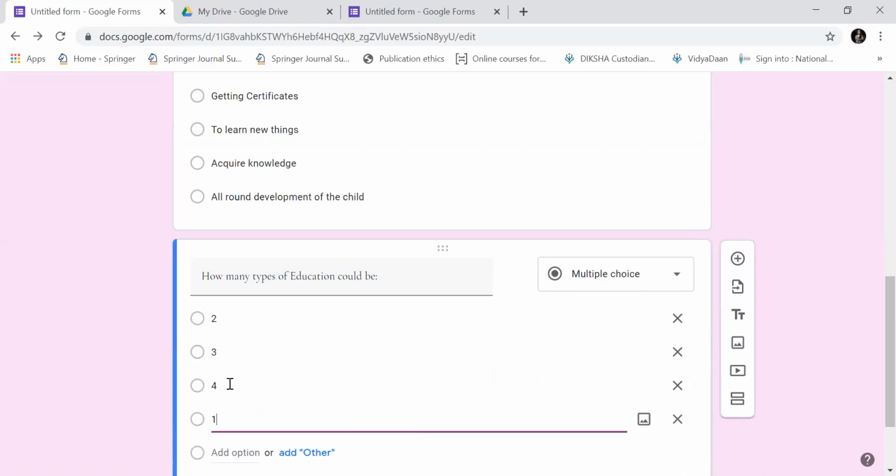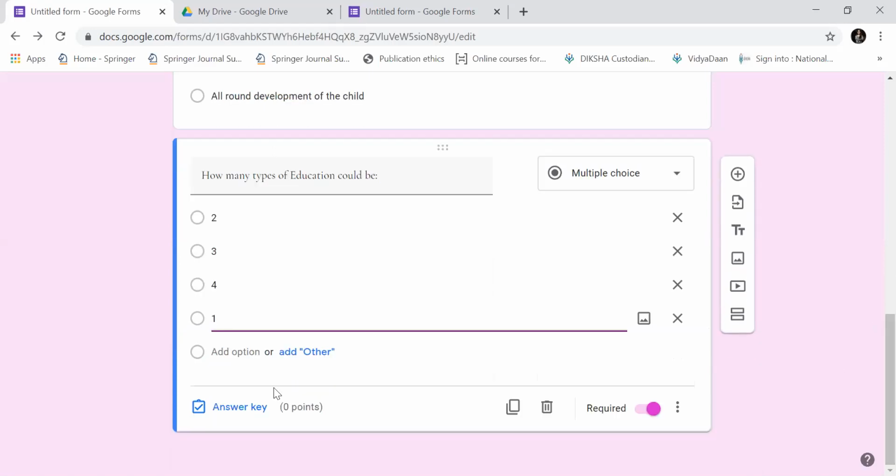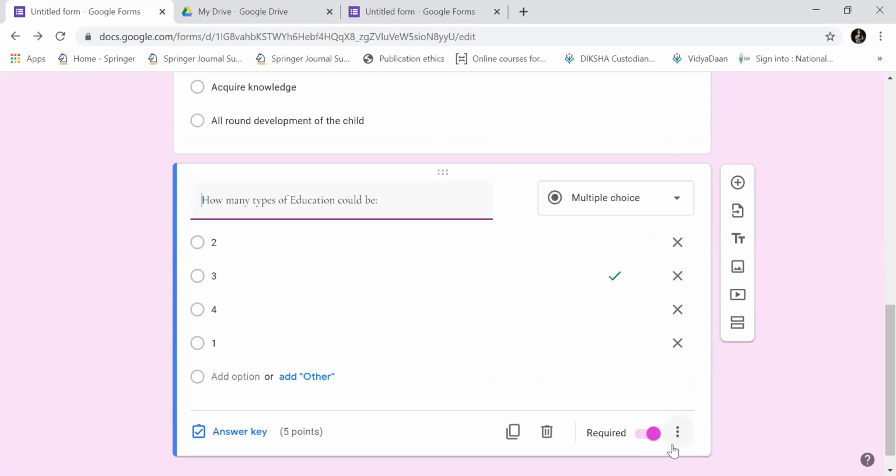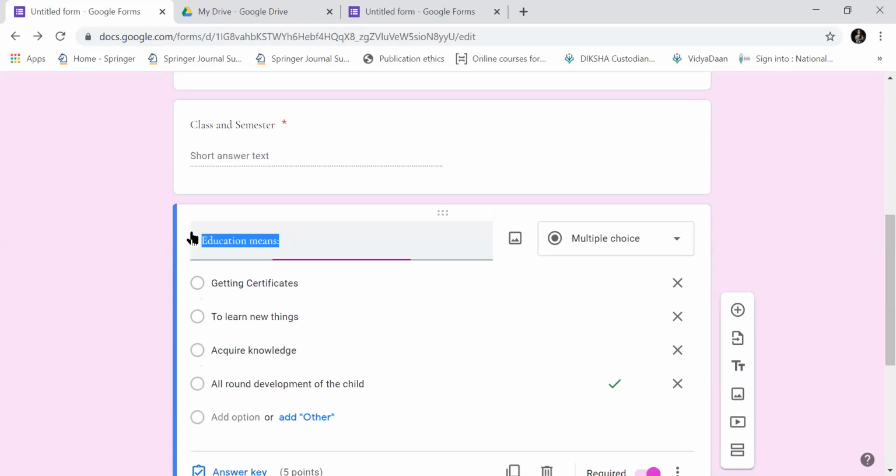You can shuffle accordingly, right? Now again, the right answer is 3. So I will tick over here 3. Now I'll assign marks. It's of 5 marks. Done. It's so simple.